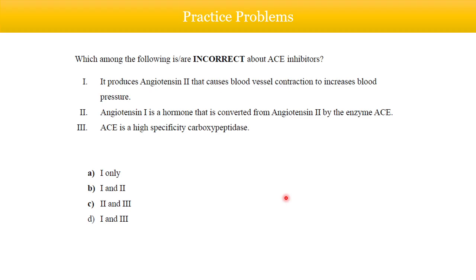And angiotensin 2 causes vasoconstriction and increases the blood pressure, but the action of the ACE inhibitors is to counteract this effect by reducing the angiotensin 2 levels. So that would be a more correct way of telling it. So option 1 is incorrect. Option 2 is also incorrect because